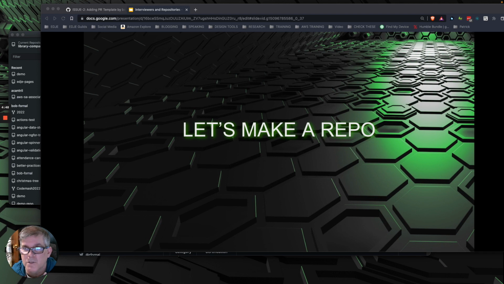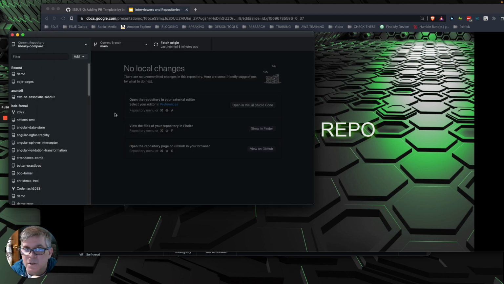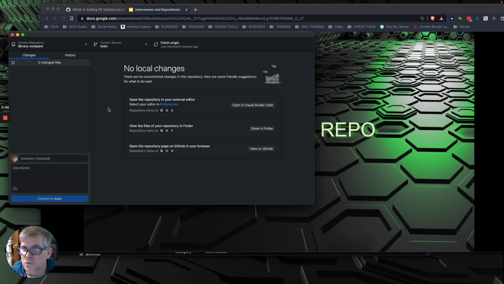Okay, so let's take a look at this repo that we're going to build. We're going to start this out at the very beginning, and I like to use a tool called GitHub Desktop. If you're not familiar with it, don't stress on that too much. It's an easy tool to work with, and really any repository tool will work. I'm not going to use command line. I can do that. I don't want to be here all night.